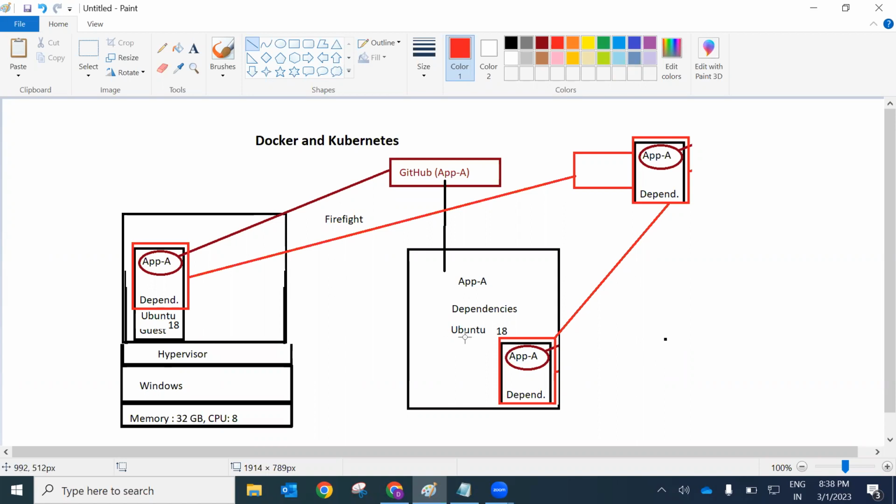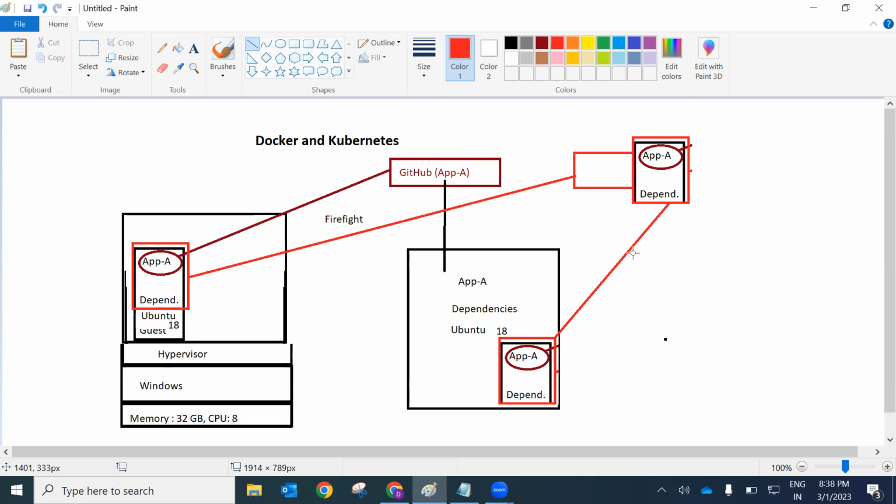Of course, this operating system, we will understand how to eliminate that as well. So here, the application along with its dependencies. In the traditional method, only the application source code was stored into some central repository, and the dependencies and other things we are installing. So there is a possibility of missing the dependencies, or some version changes will happen that will cause the